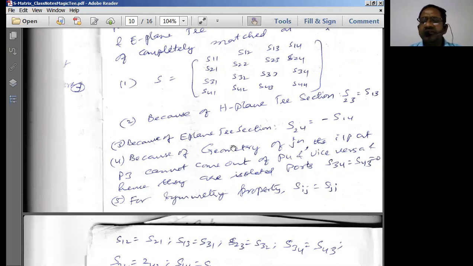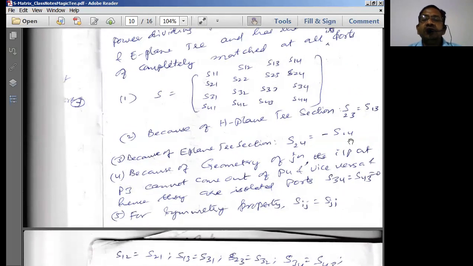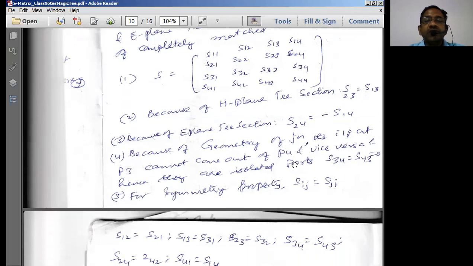That is the extra thing we have to consider to get the parameters. Very simple, same as the previous procedure. No need to worry. Because of the H plane T, when we apply input at port 3, the H plane port, the output is going to come from port 1 and port 2, which is the same in magnitude and phase. Similarly, when you apply input at port 4, output will come at port 1 and port 2 with a difference in phase, same in magnitude.